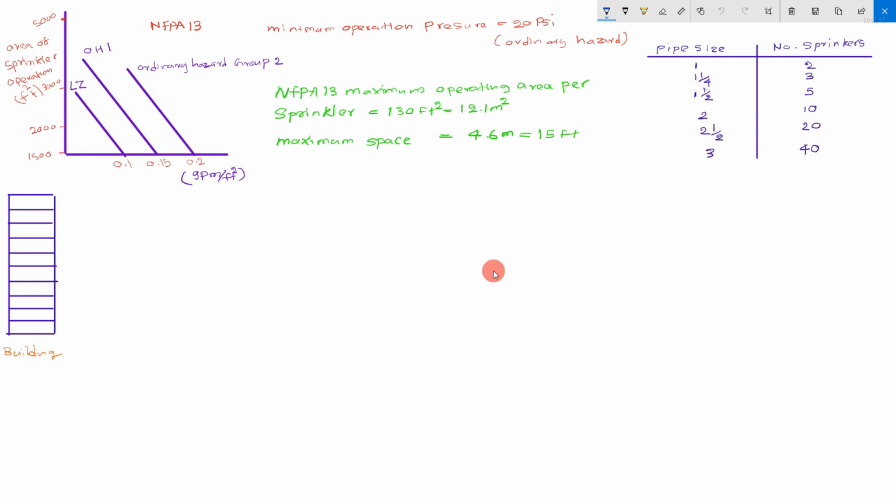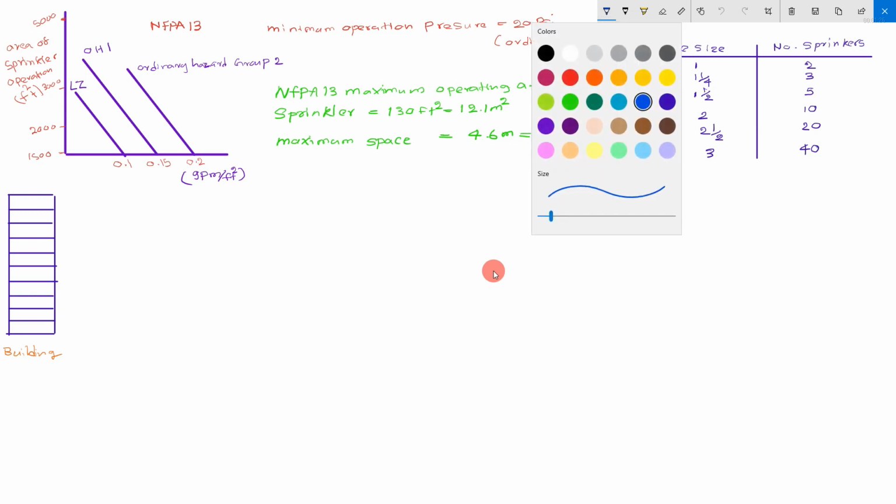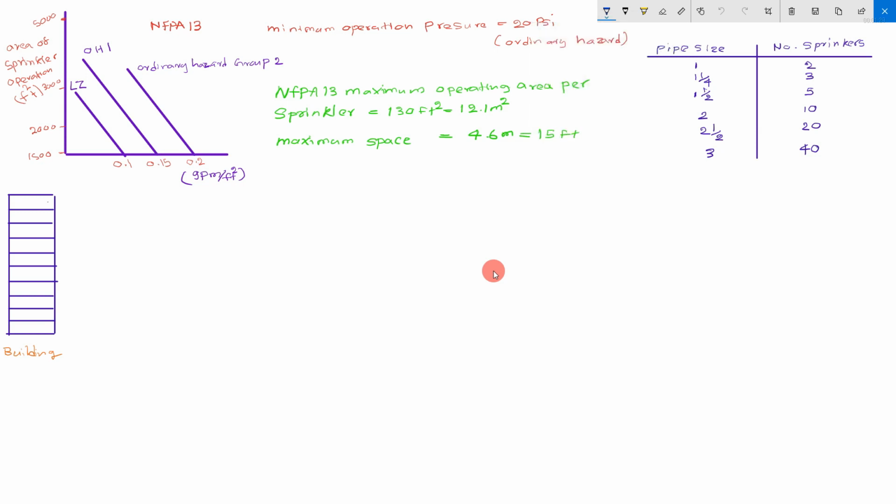Before the sprinkler calculation, you must identify what the most remote area is. This is the building, and the most remote area is this. This is the last floor, the most remote area, and think this is the floor plan in the most remote area. I draw a schematic. Think there are some rooms. These are rooms,